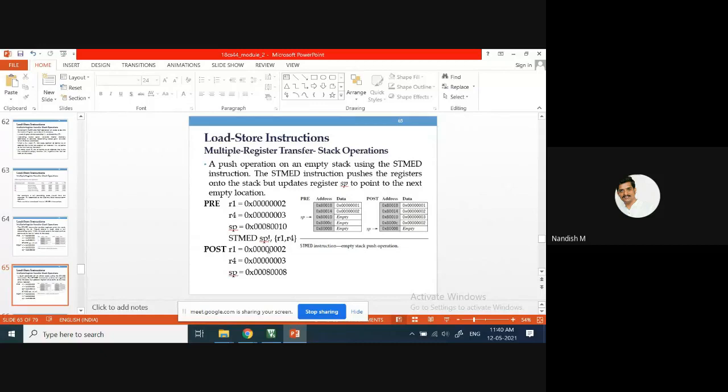And also how it should be empty descending. It should be empty from the bottom or empty from the ascending, from the top. That will be indicated by these last two suffixes, ED, empty descending, or EA, empty ascending. In that way it is going to empty.